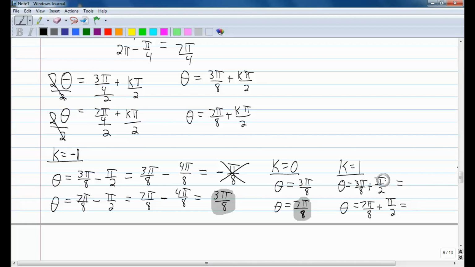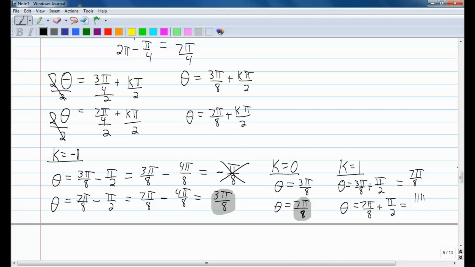Alright, so get a common denominator. It's still going to be 4 pi over 8, so this time it's going to be plus 4 pi over 8. So 3 pi over 8 plus 4 pi over 8 is 7 pi over 8. Same answer we got before here. And 7 pi over 8 plus, again, 4 pi over 8. That's going to be